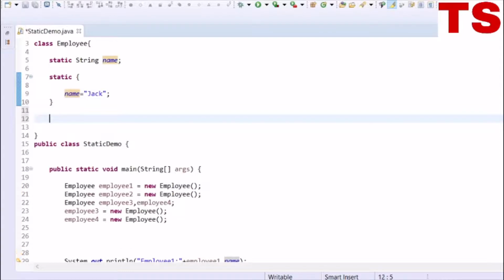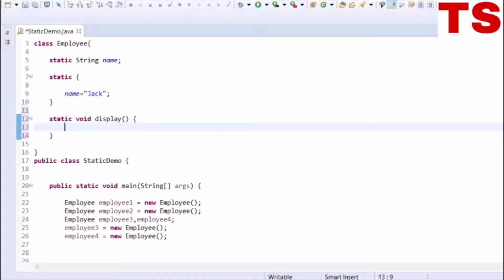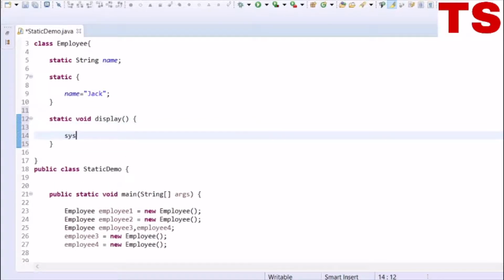Similarly, we have a static method. Let's create a static method by the name display, which would display the static variable.